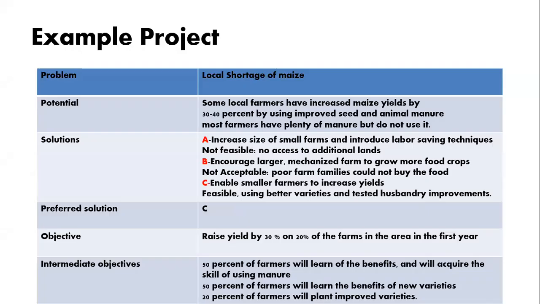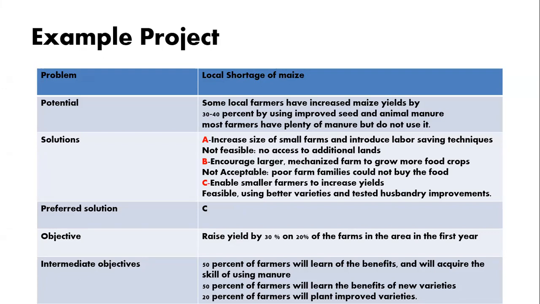As an example, the problem here is local shortage of maize. Potentially, some local farmers have increased maize yield by 30 to 40% by using improved seed and animal manure. Most farmers have plenty of manure but do not use it. That is a potential. The problem is local shortage of maize, and they can increase their yield by 30 to 40% by using improved seed and animal manure. The solutions: